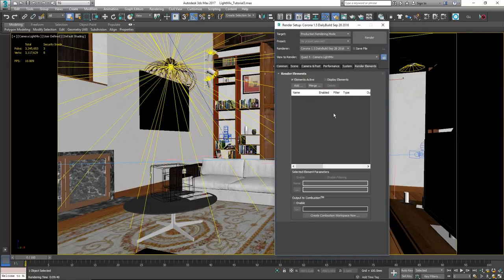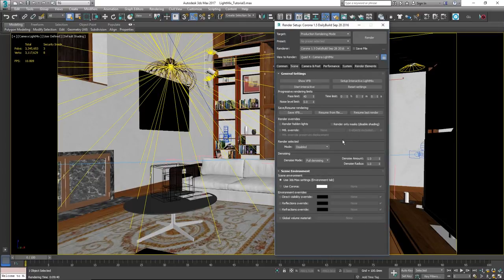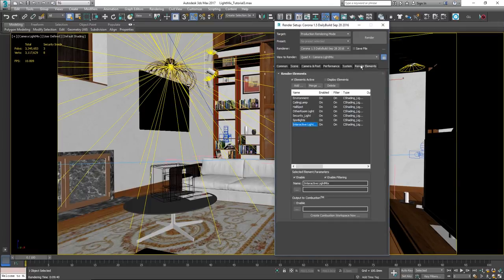I've deleted everything, we're completely empty, and setting up the interactive LightMix is as simple as that. I'm done. If I flick back to the render elements, we can see what's being created. We have one C-shading LightMix element. Every scene that uses the interactive LightMix needs one of those, added automatically as soon as